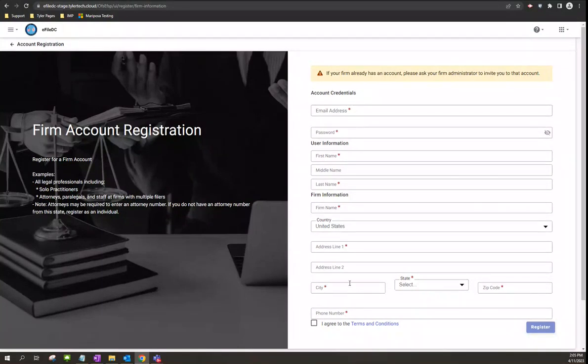The few things that are required here on the screen for us to fill out include our email address and then some contact information. You can set up that password to your preference. And if you'll notice, anything that has a red star or asterisk will be required. Once we've entered that information, we can agree to our terms and conditions and go ahead and hit that register